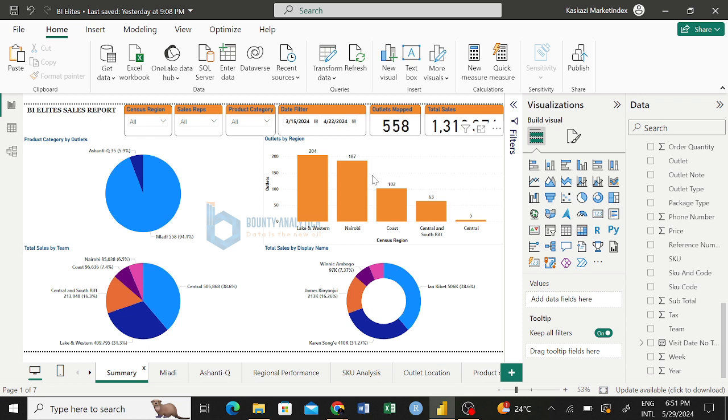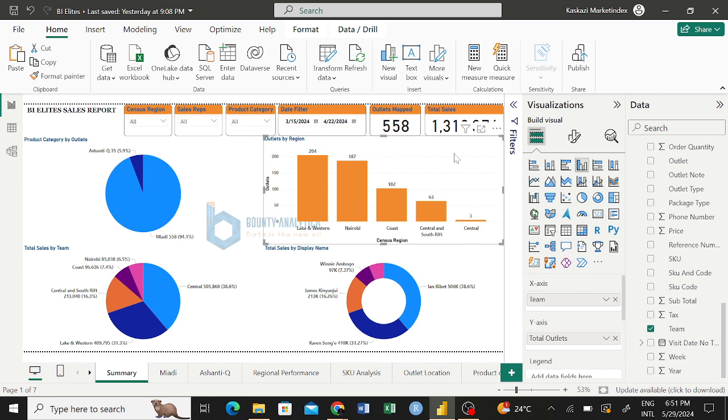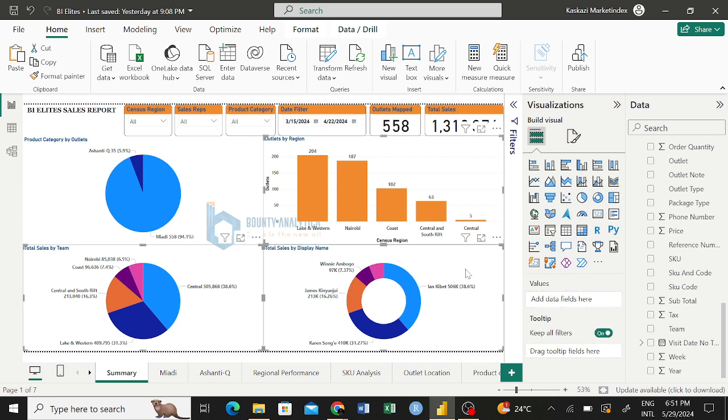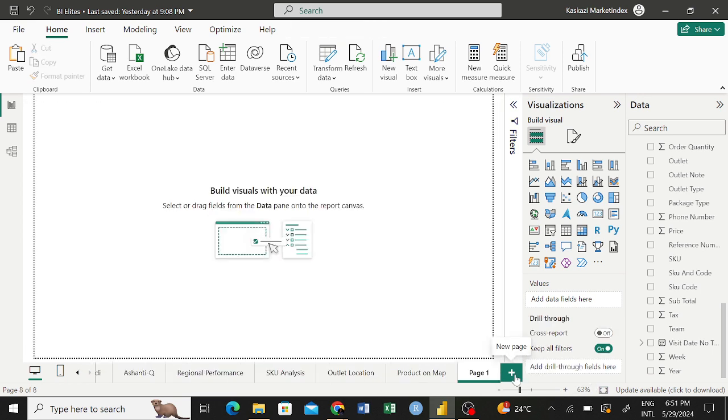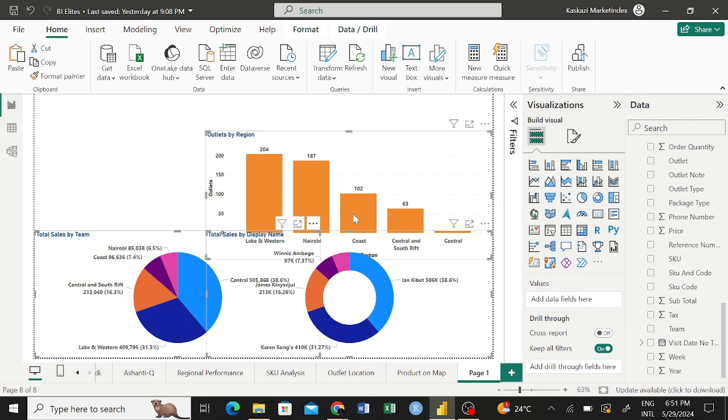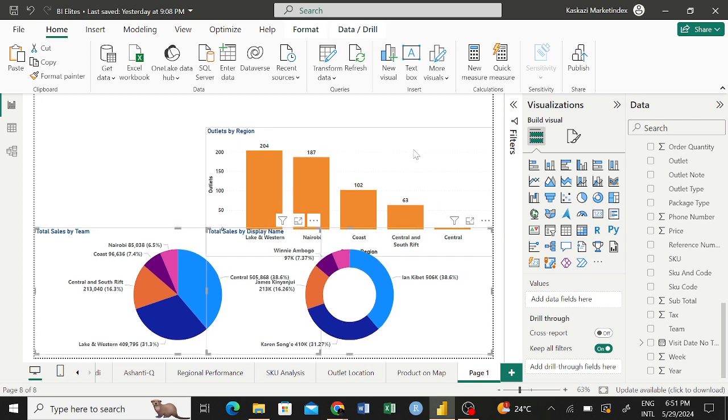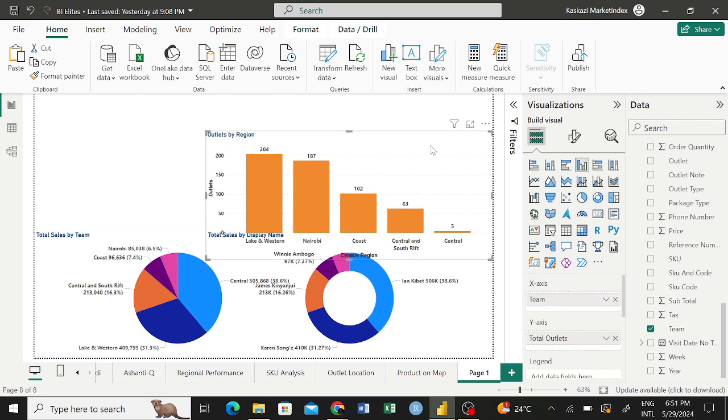So I want to just copy these three visuals. One, two, three. So this is outlets by region, and then I want to copy total sales, and then this one. Let me copy them and create a new page. If we create that button in that page, it will be a little bit confusing. So let me first edit this so that